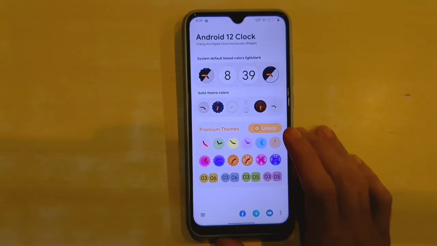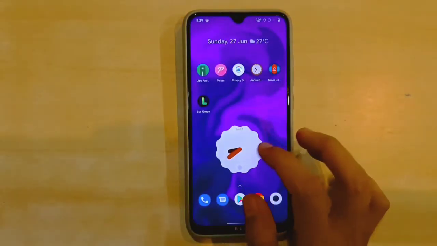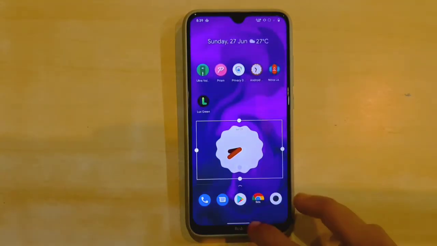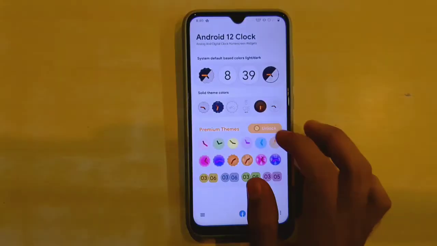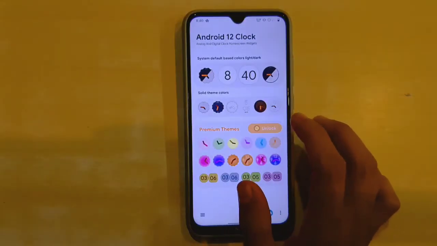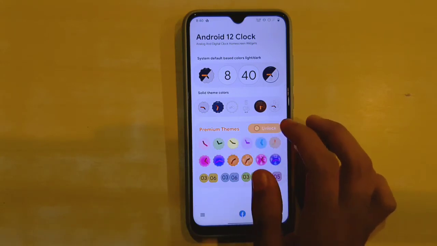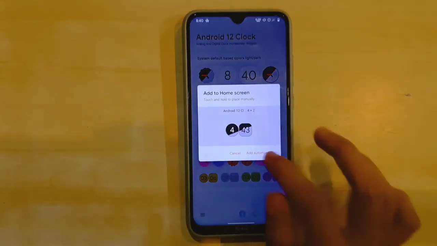So basically just open the app, select the widget, add it, and it will automatically show on your home screen. After setting that up, make sure to resize it according to your choice. It also has a paid version to unlock different kinds of themes, like the ones which we can see below here. There are many other types of clocks present in it, like this one,